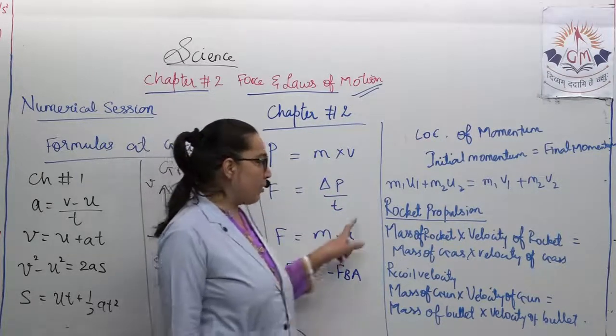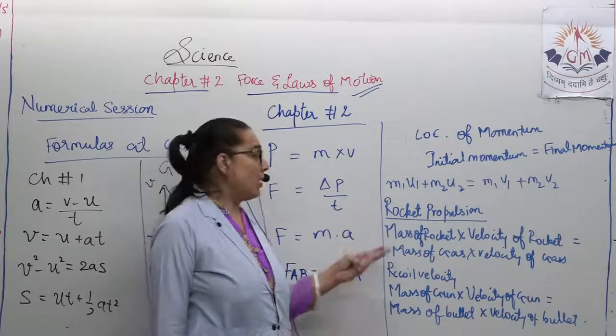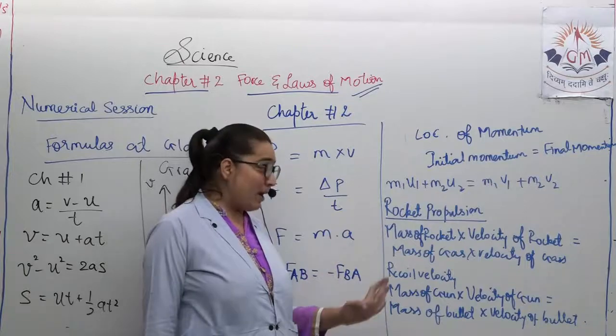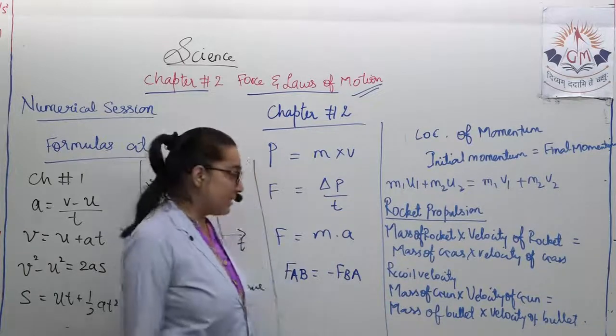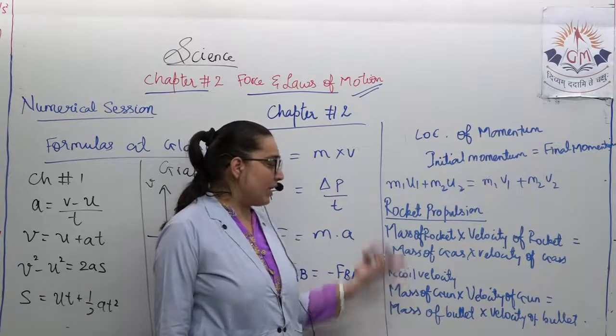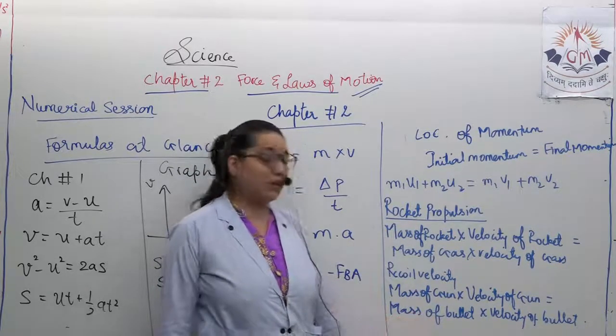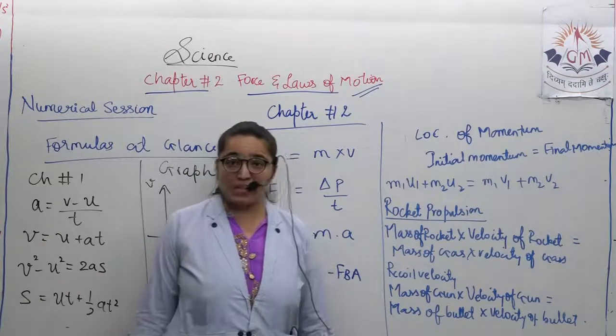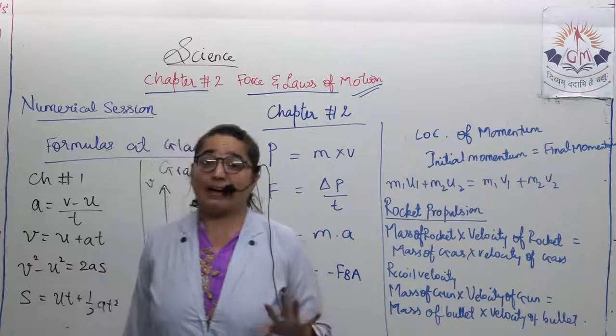Then comes rocket propulsion, which is mass of rocket into velocity of rocket equals mass of gas, which is expelled out, into the velocity of the gas. What is the recoil velocity of the gun? It is again mass of the gun into velocity of the gun equals mass of the bullet into velocity of the bullet. So this is all about the formulas which we will be using, and you need